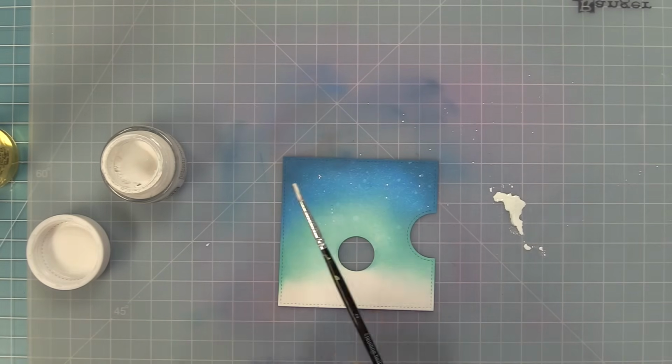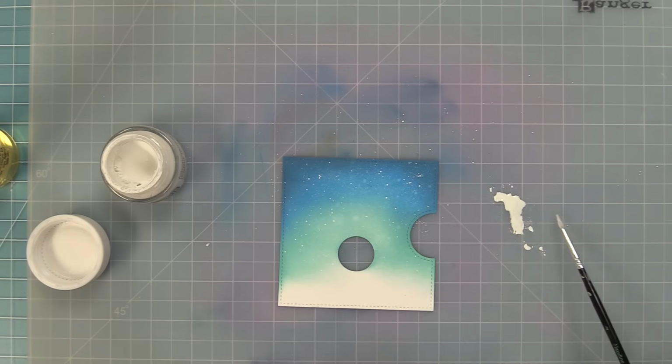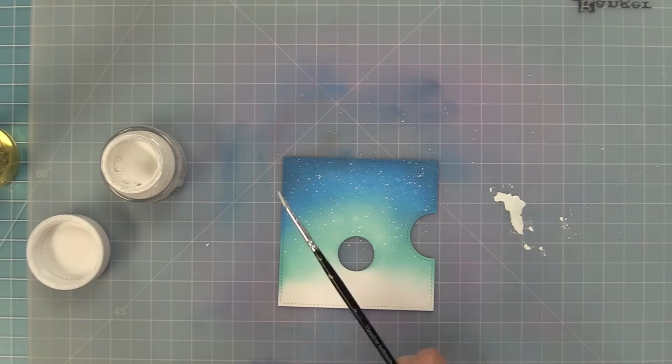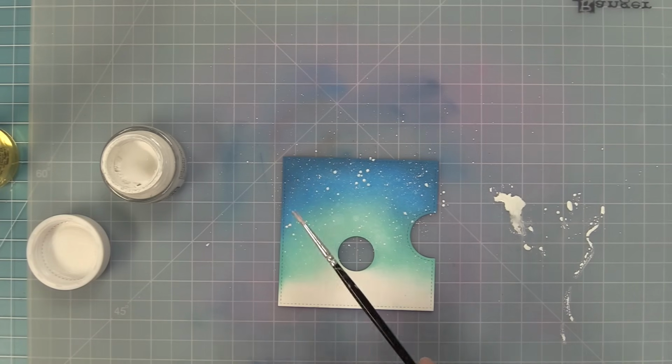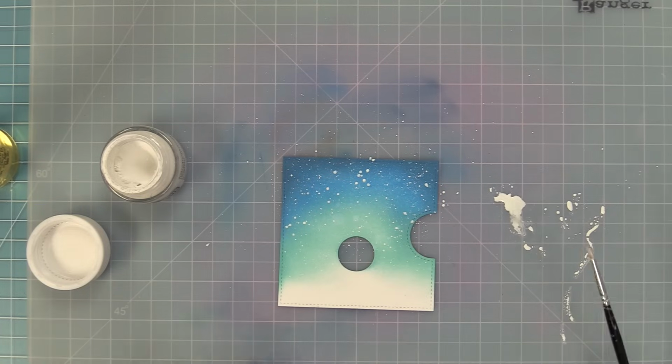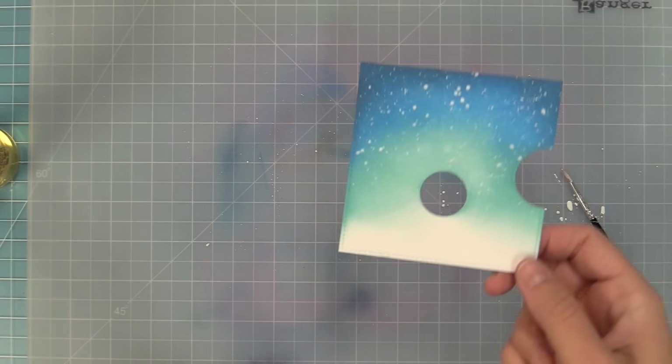then I can pick it up with my paintbrush and tap my paintbrush to create really fun snow splatters all over my scene. You can see I'm creating all this snow there, and I'm just going to pick up a little bit more and create some more splatters all around, and I think this is looking so cool. So I'm going to set this whole thing aside to dry, and I'm going to start working on my reveal